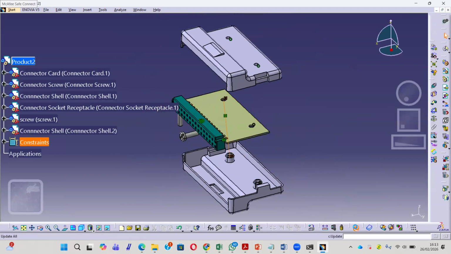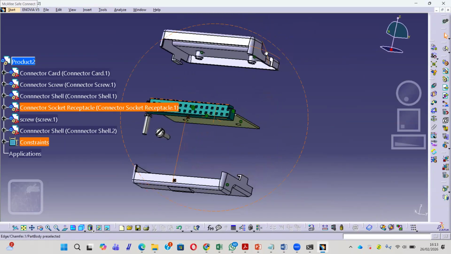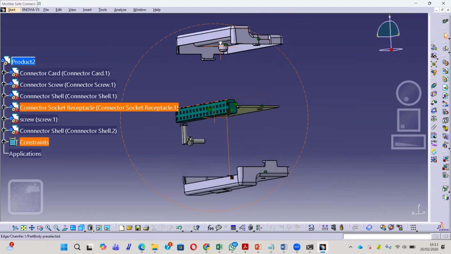And then update. And all positions will be like this.